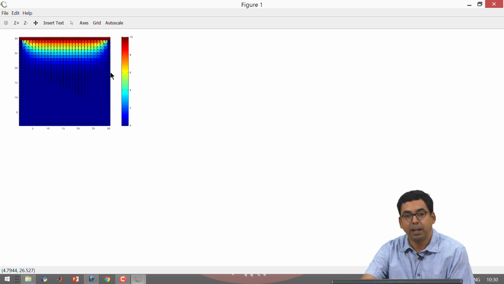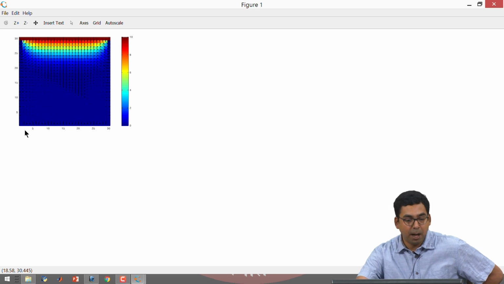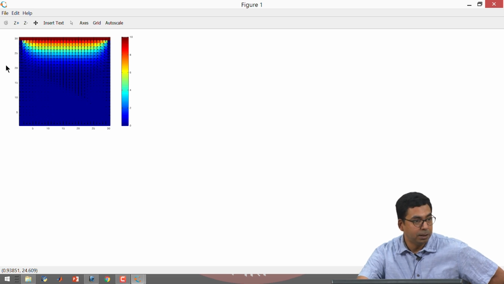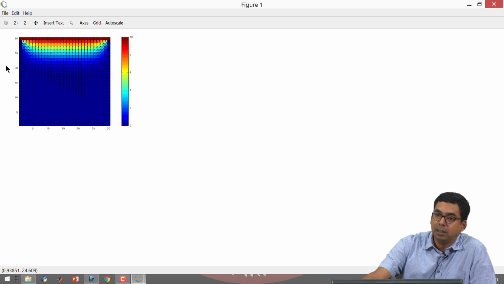There are a few things that we can notice over here, all right. One of the things that we can notice is the arrows emerge from the top plate at right angles, all right. The arrows are ending at the bottom plate at right angle with respect to the surface of the plate. On the side, the arrow will terminate at right angle, all right, both on the left and right hand side. This gives you an idea that the condition that we are looking at is a Dirichlet condition.